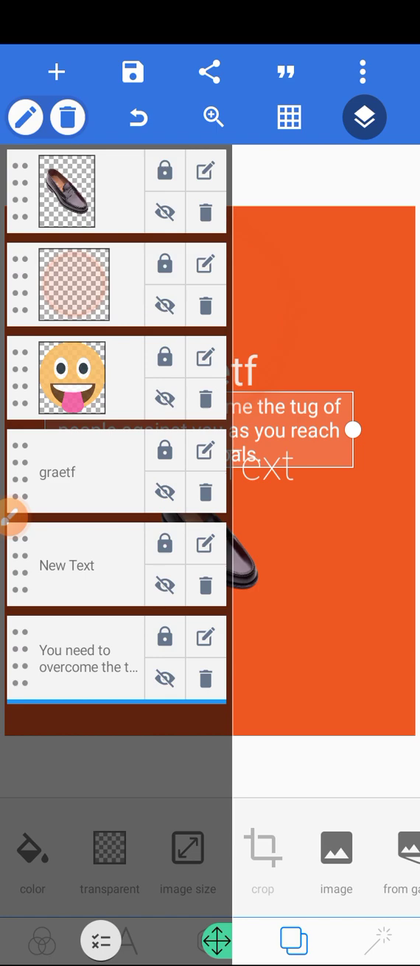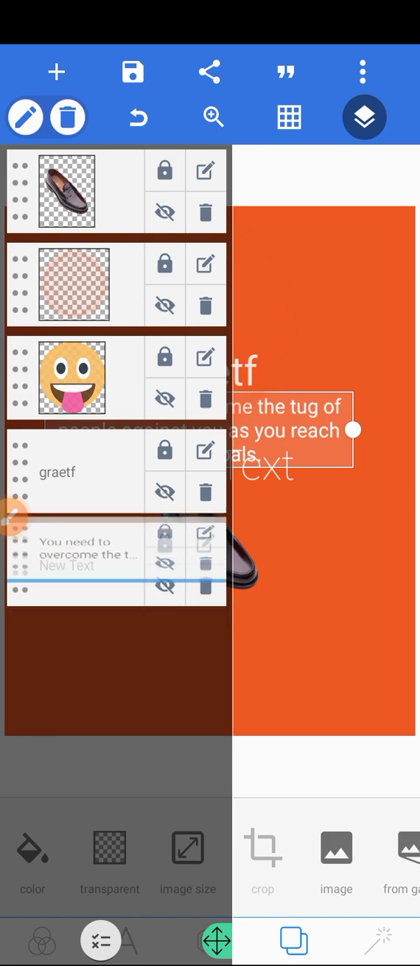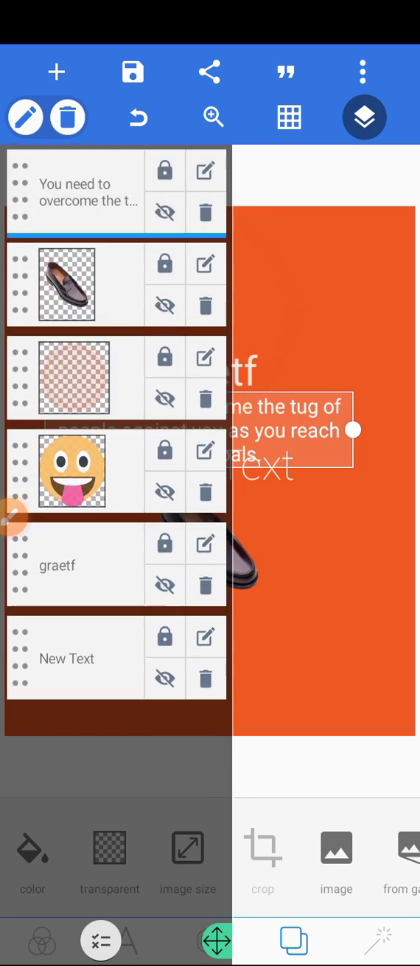Okay, but I can still place it to the front by dragging it to the top. These are all alternate ways of doing so. Okay, so this eye icon here